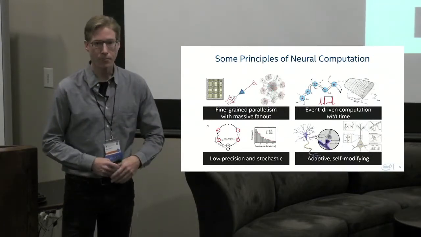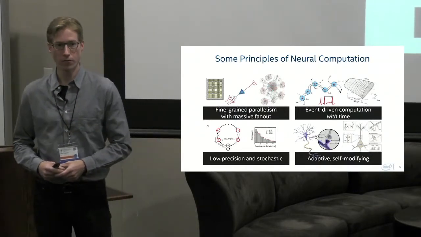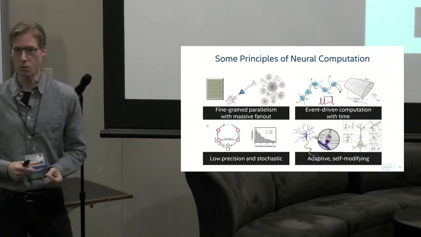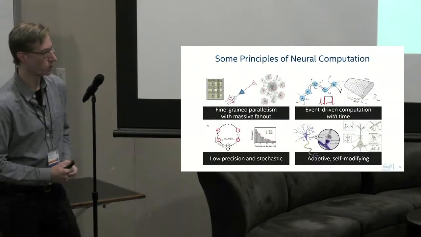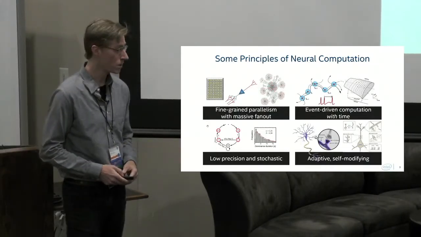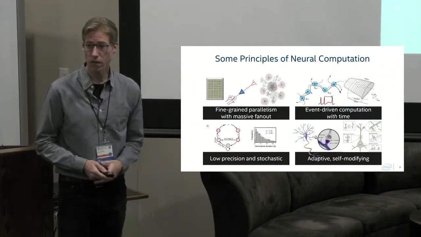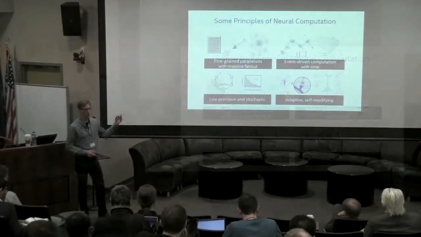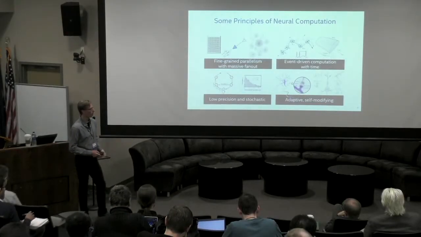And then finally, we have the adaptive, self-modifying nature of neural tissue, which is not just necessarily weights at the synapses, but all sorts of parameters in these networks which are changing continuously over time over a variety of different timescales. Some of these have all been talked about yesterday. This is, again, just an introduction to what we're trying to harness and map into chips that